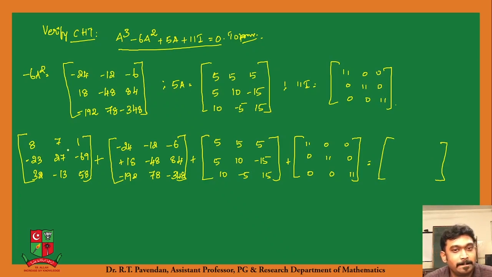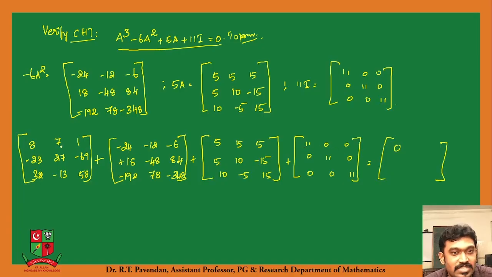So what do we have here? The value is positive 8, positive 5, that is 13, positive 11. So 13 plus 11 is positive 24, and we have negative 24. What I am doing here is just adding every single first term of these matrices. Likewise, we take the corresponding first row, second element, and so on. That is what we are going to compare. So 8 plus 5 is 13, plus 11 is going to be 24, minus 24 will give you